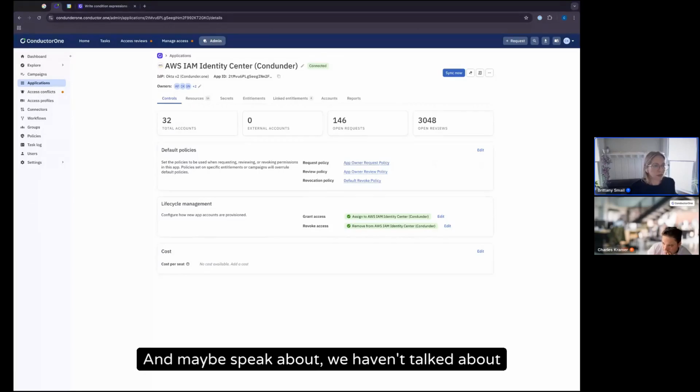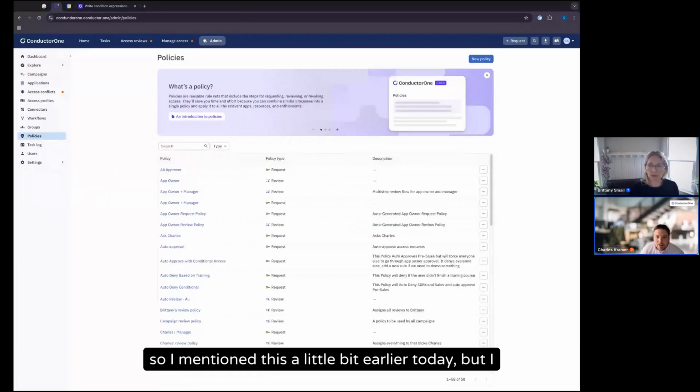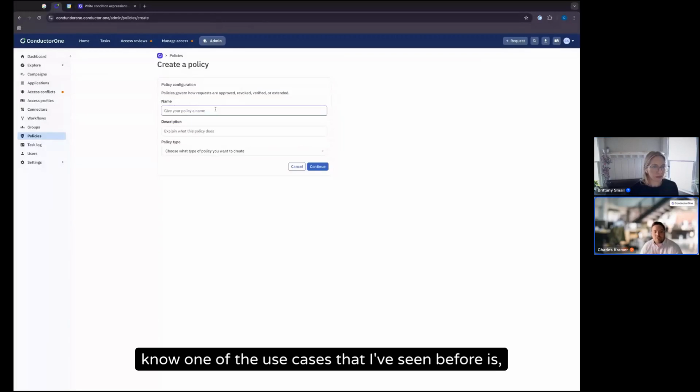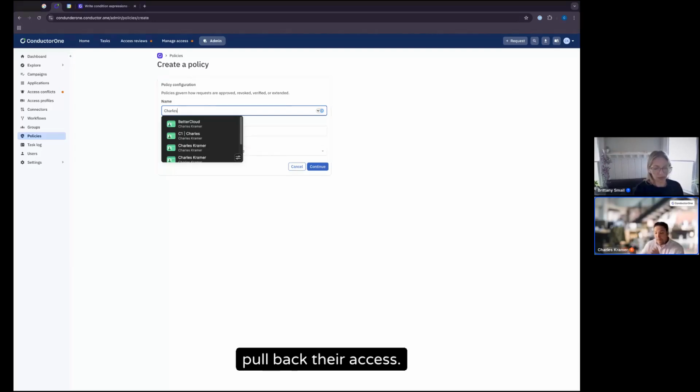And maybe speak about, we haven't talked about revocation policies, but what would be maybe a use case for having different revocation policies? I mentioned this a little bit earlier today, but one of the use cases I've seen before is somebody, especially in the joiner mover leaver scenario, they're leaving a team, maybe they're going to try out a new thing in your company, but they were the go-to person for that team to get help, to diagnose customer issues, etc. So when they move, our joiner mover capabilities are going to automatically, potentially, pull back their